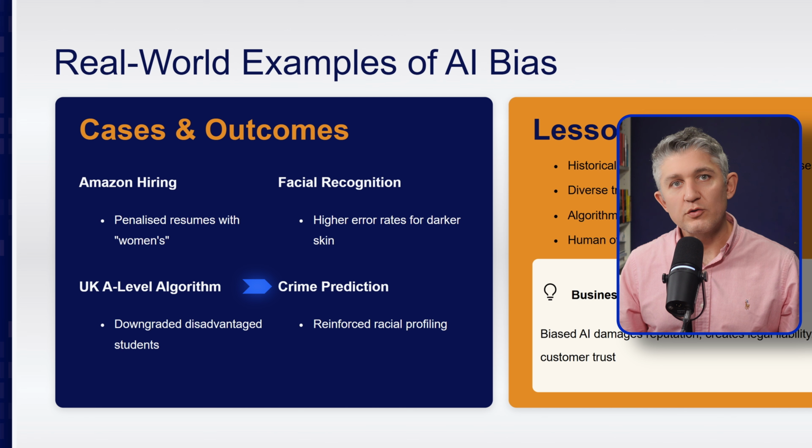Last but not least, a crime prediction reinforcing profiling. This was a bias category based on historical data and a feedback loop bias, as well as a cognitive bias in use. The training data reflected policing patterns, not the true crime rates. Over-policed areas produced more records, so the model sent more patrols to the same area. Operators trusted the map, which led to automation bias, keeping the loop going. As a result, a self-fulfilling hotspot, with communities being overly scrutinized.